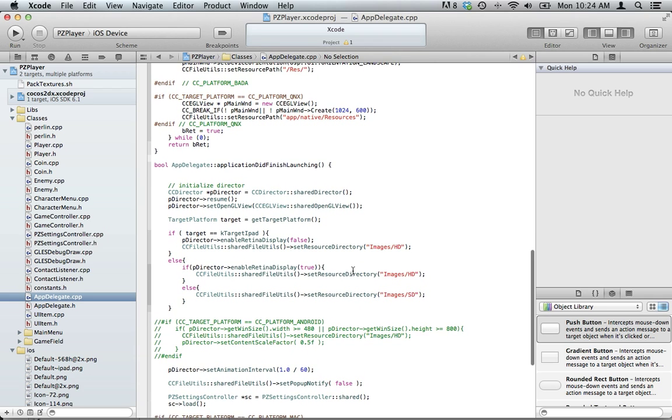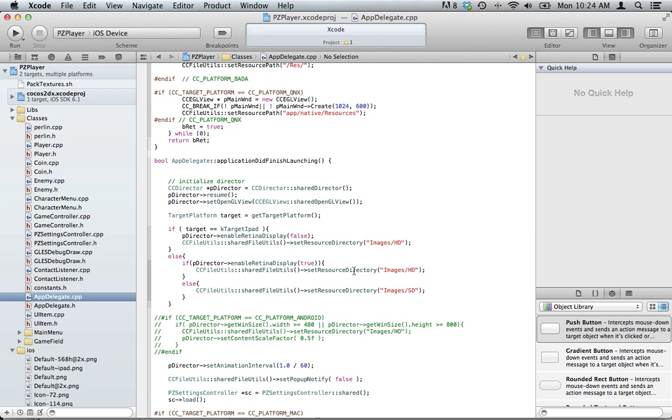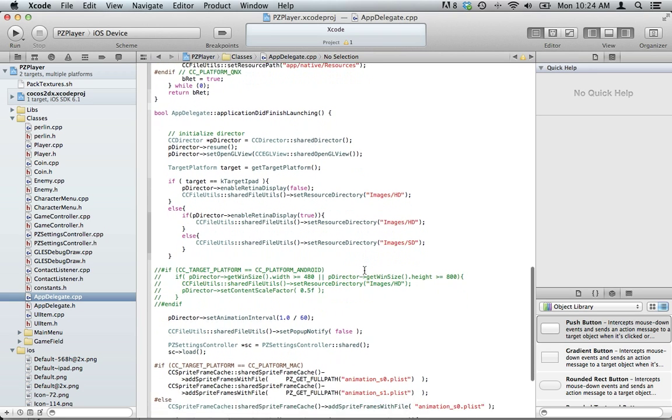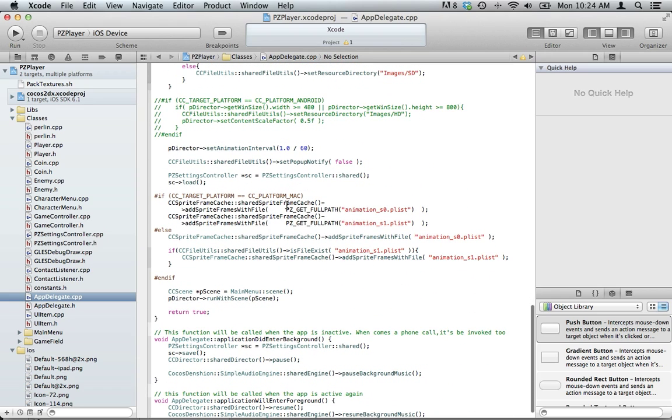Target is the iPad. Here we go. You're going to go to the app delegate and find this line here, where it says if it's the Mac, it's going to look here, which we're not interested in. If it is anything else, then we are going to add